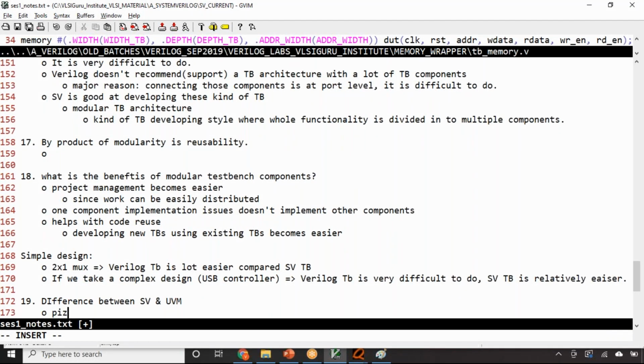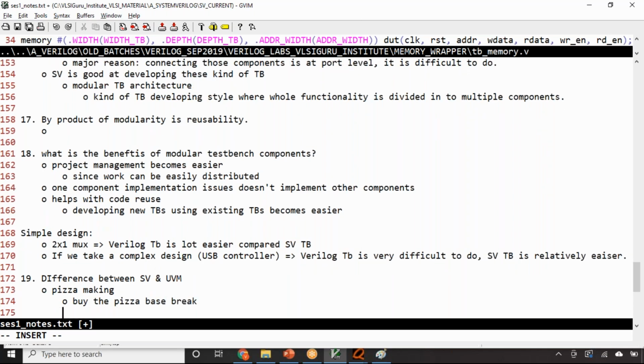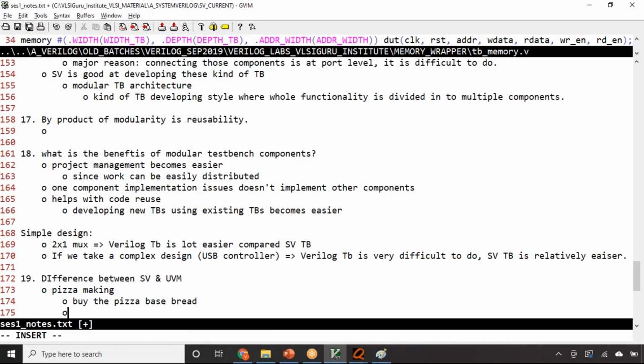Okay, let's say we talk about pizza making. If you see, in houses some people make pizzas also, right? So there are 2 ways. One is to buy the pizza base bread, then add the required ingredients and make the pizza. So there are 2 approaches here. One is make it, one is buy it. So SystemVerilog is about you have to make the pizza base from scratch,